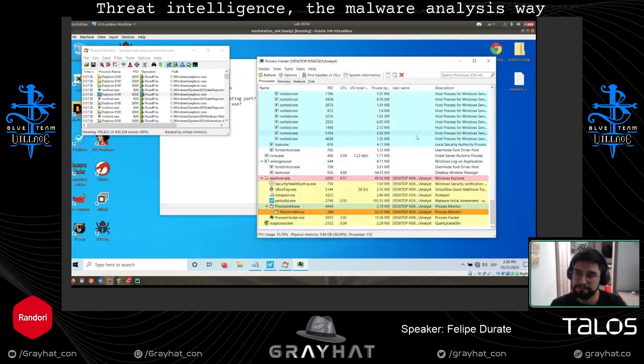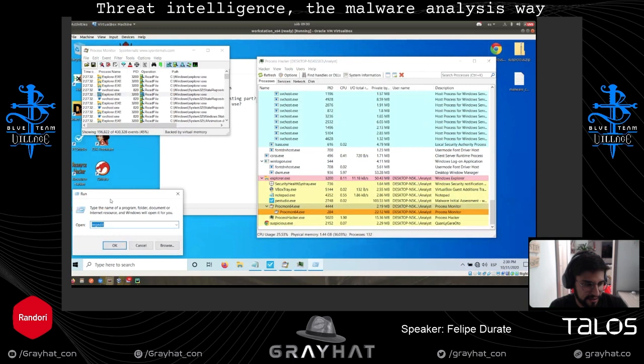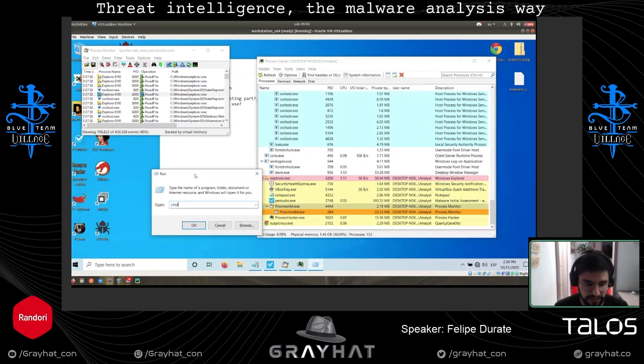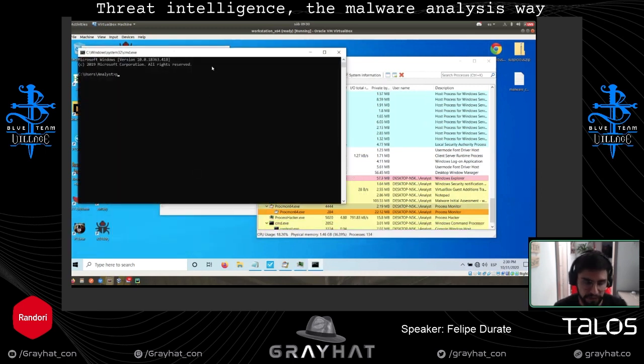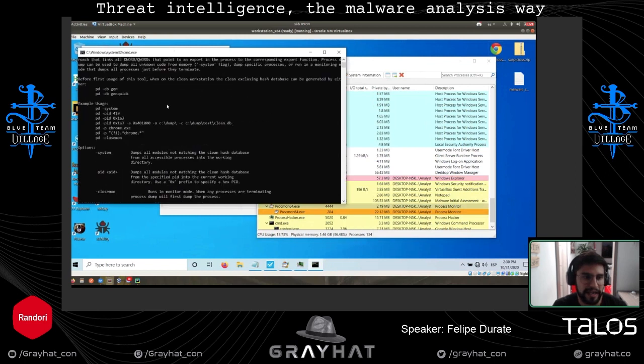Let's suppose I'm in a hurry and I don't want to understand the packer. What should I do? For example, I added to your console, so if you go to CMD, there is a command called PD. PD stands for process dump.